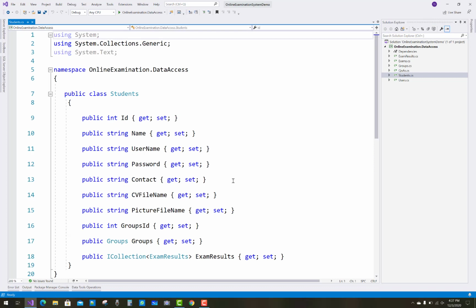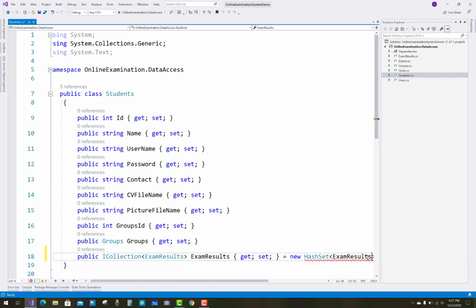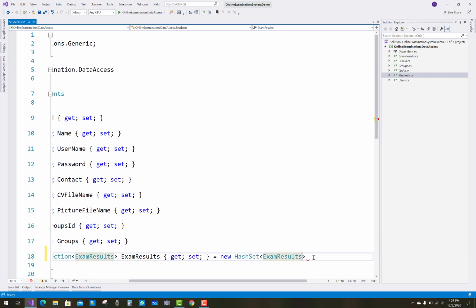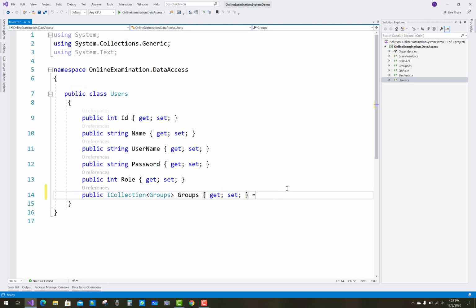Students, new HashSet exam results, and the users is new HashSet groups.